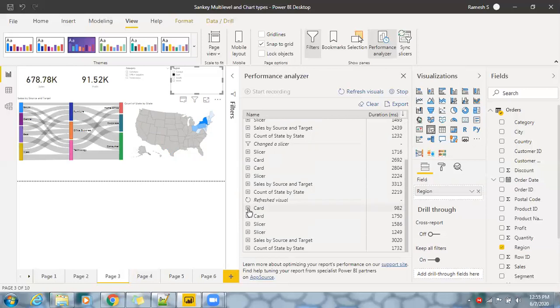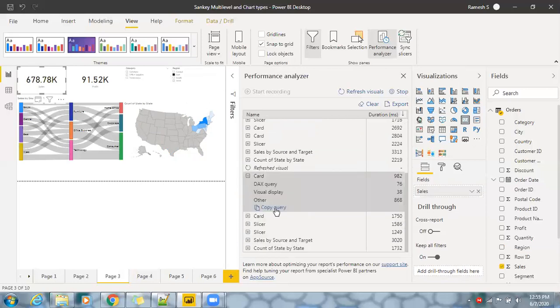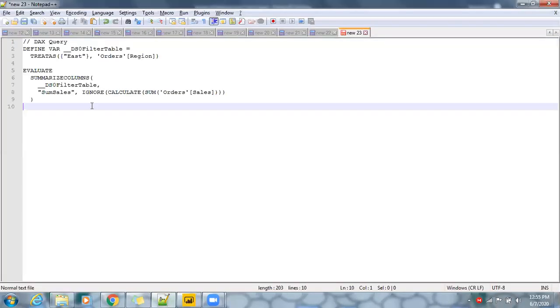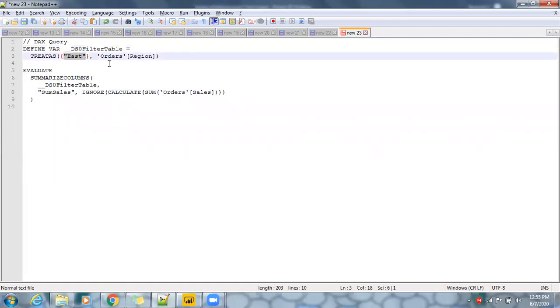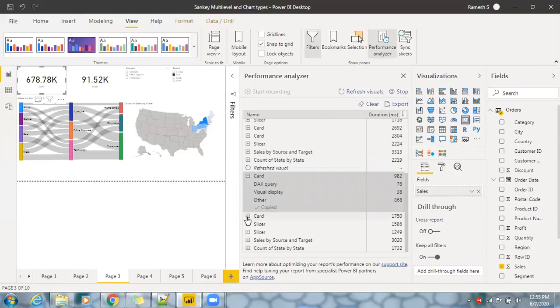Now come back to this card. Let's say it might be the sales information. You have an option called Copy query. You can see the DAX, and the duration is in milliseconds. The DAX query time taken is like 76 milliseconds, which is very little, minimal. You can copy the query and go to Notepad++ just for understanding purposes, and you can check the information here, because we have selected related information in the region slicer, and you can see we are tracking some of the sales in the card. Go back here, and in a similar way you can track each and every piece of information for individual cards.